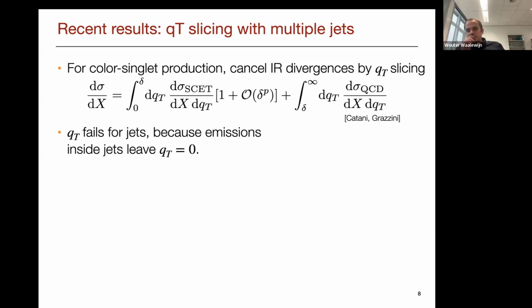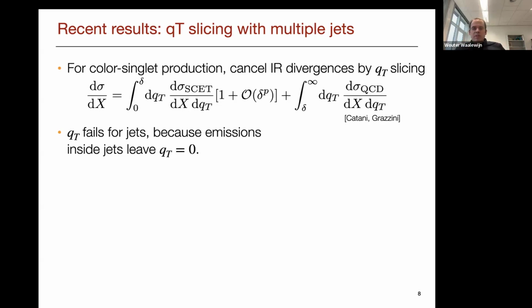additional particle. And in the first part of the calculation, this region where QT is between 0 and delta, there you can actually use factorization formulas to describe this. And so QT slicing, there's more ways of slicing things, but QT has a great track record, except that it is restricted to very limited processes. In particular, you cannot really do it for jets,